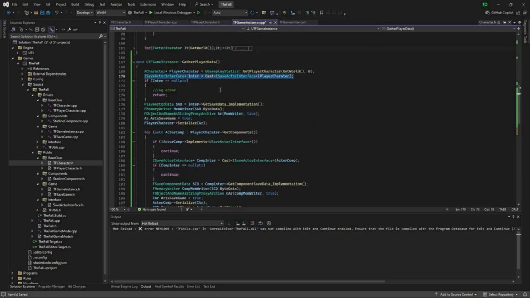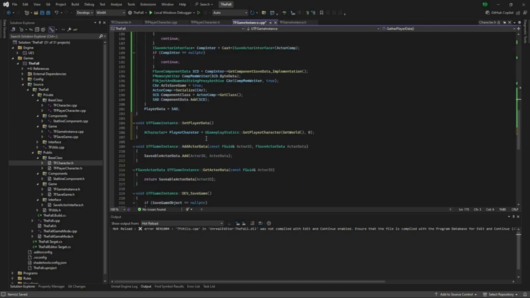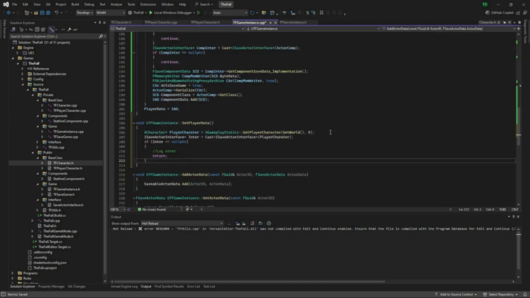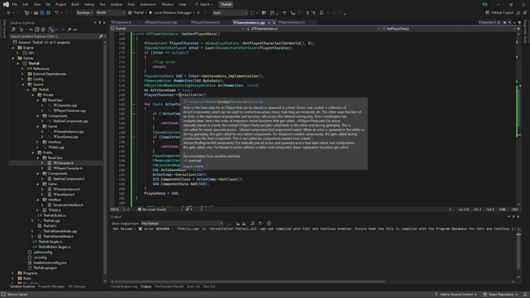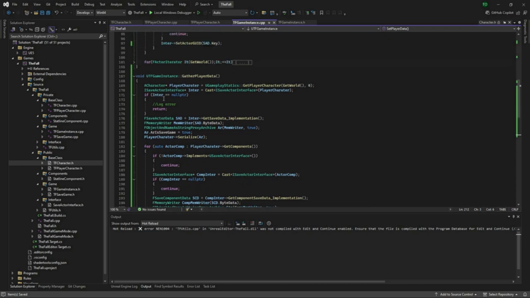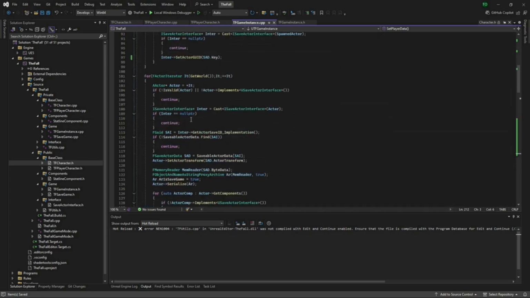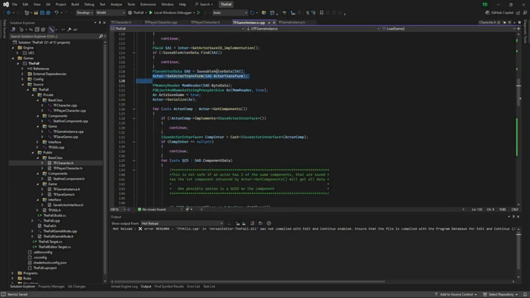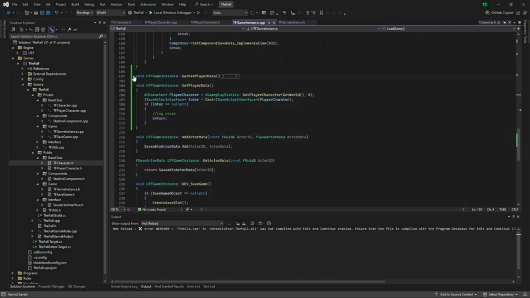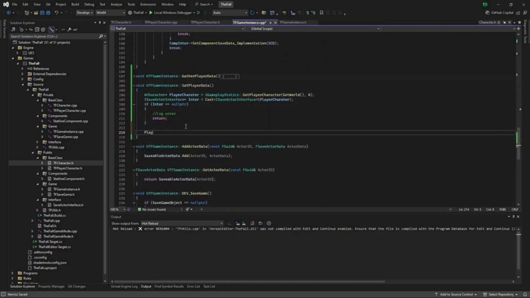We're then going to get the interface. Actually, we're just going to do all of this. And then, sorry, a couple episodes since we've done this, and my brain is completely melting as to what we need to do. It's right here. So we don't need to worry about this portion here because we know the player character doesn't have a valid GUID. We already have this, so we don't need to worry too much about that. But now we want to start working here. So minimize that. So we want PlayerCharacter dot SetActorTransform